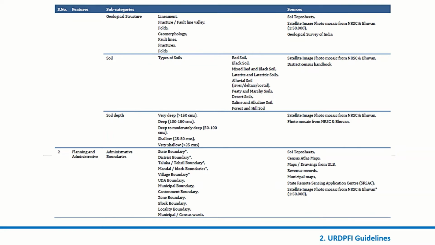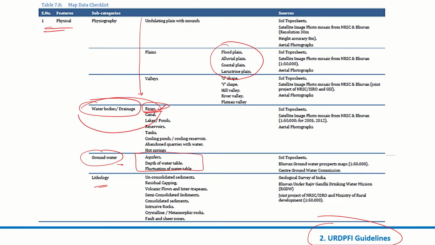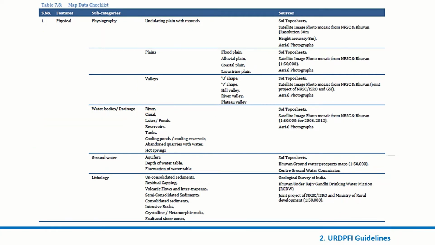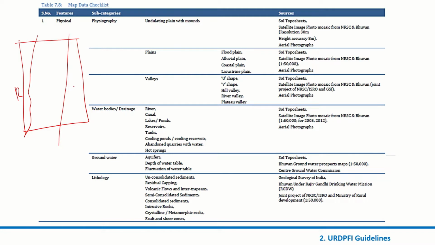I'll just tell you what is required. In this case, we need information on the water bodies and the drainage pattern, so that we can say what the impact of the river is. The case area that you have has a natural boundary. One is the river on the west, and you have a railway track on the east, and the town is in the middle. So definitely there will be an impact of this on the town itself.